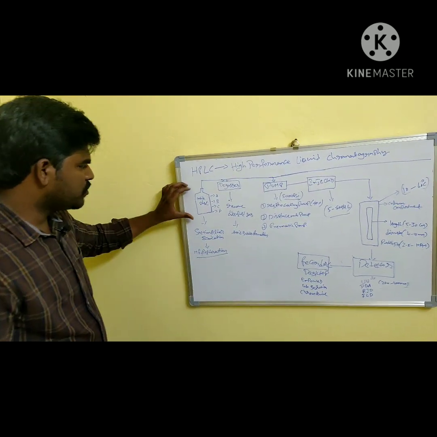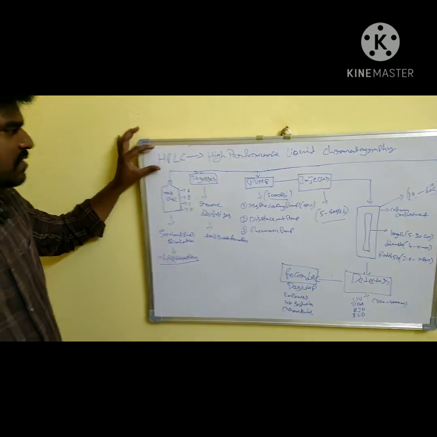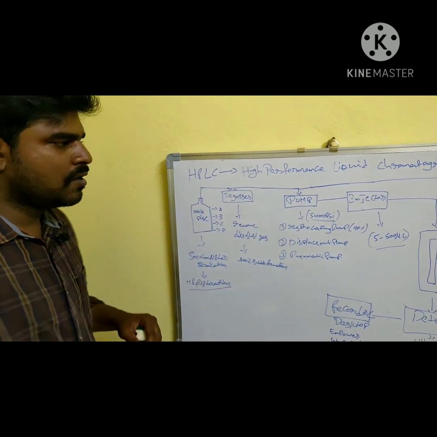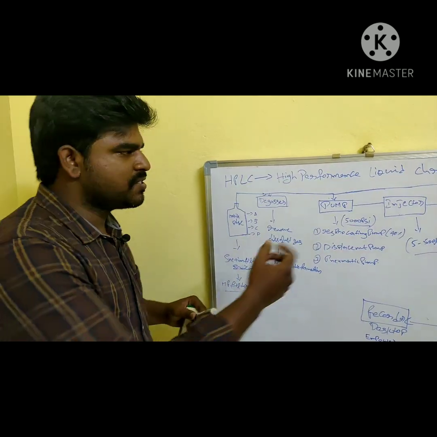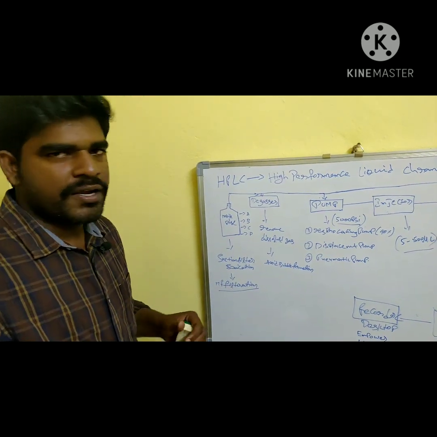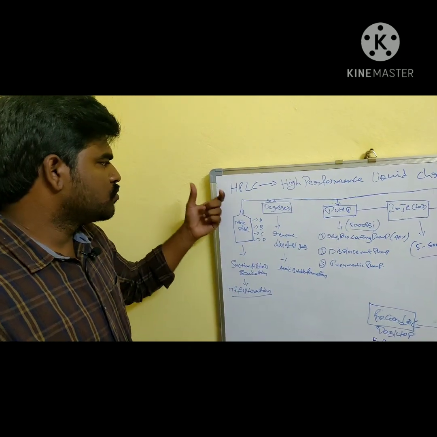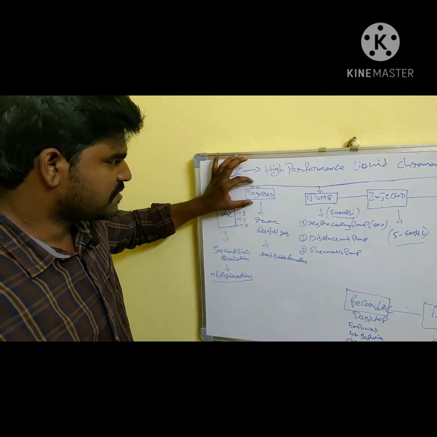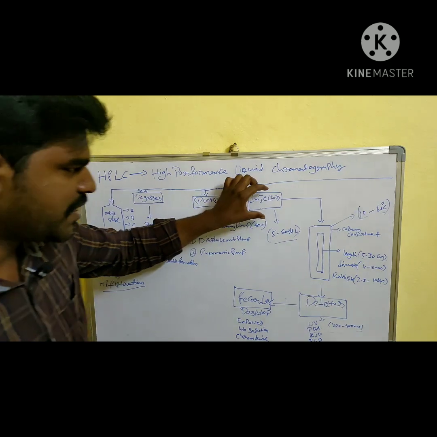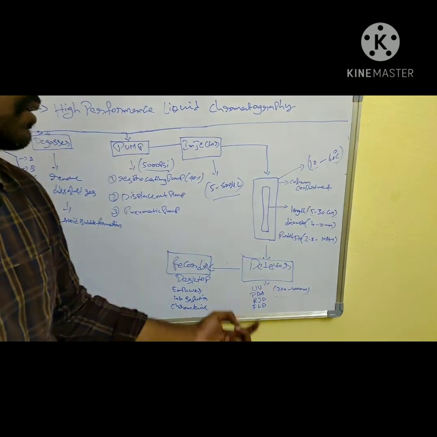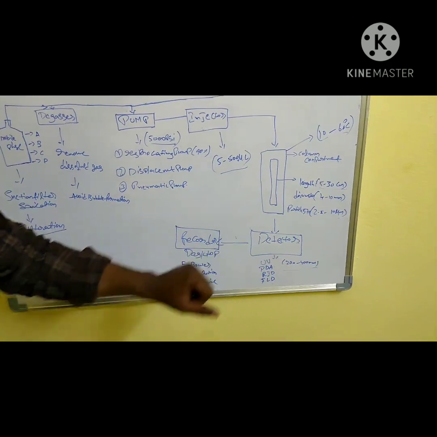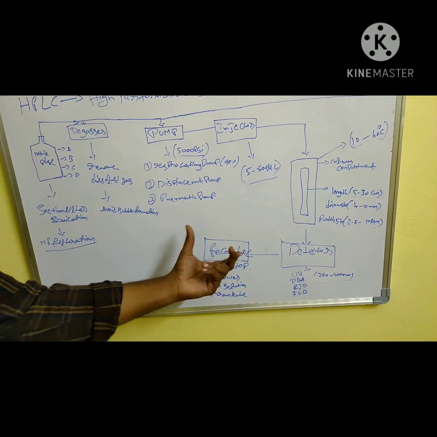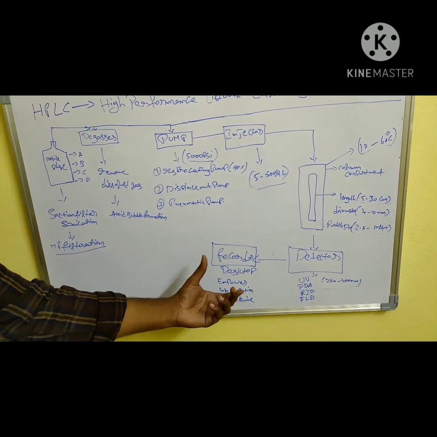So the first point is the basic principle of HPLC. HPLC mainly works on a mixture of components. It will separate them into individual components by using the adsorption technique. First of all, there is a mobile phase, degasser, pump, injector, column compartment, column, then detector and then recorder, which is nothing but the desktop. Whatever graphs it shows, it shows in the desktop only.